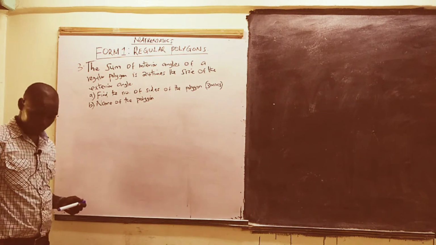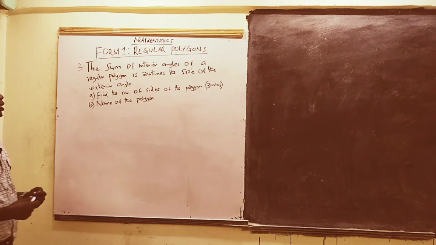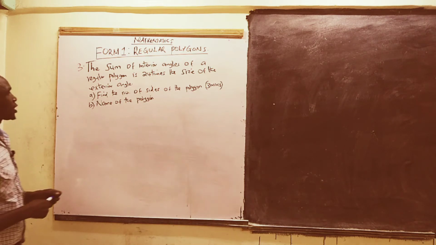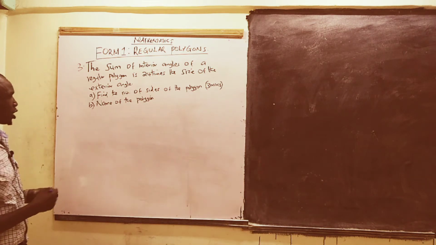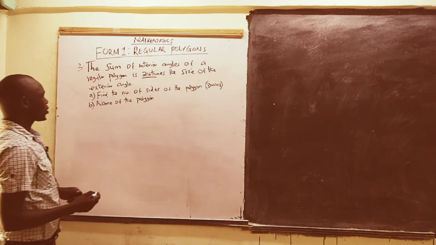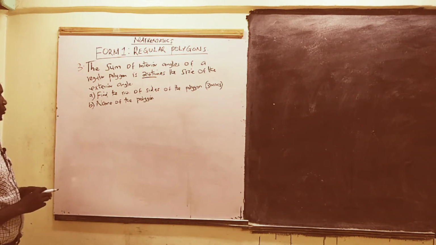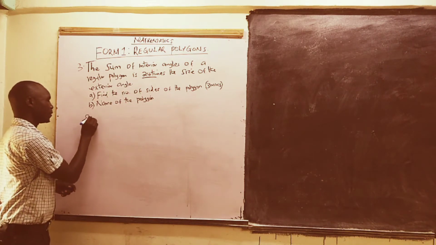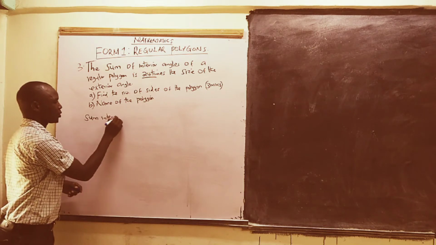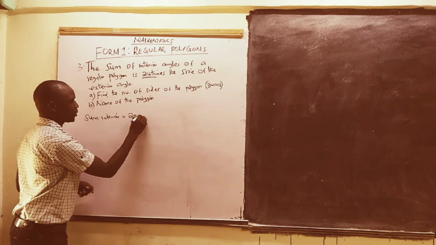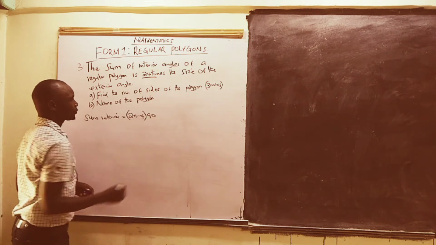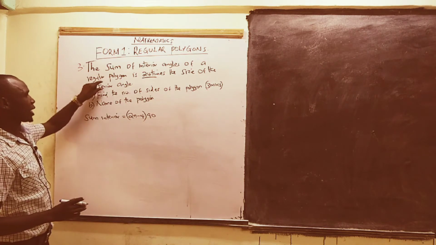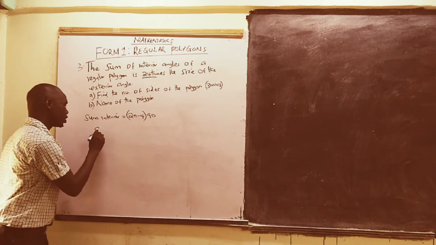We go to our question number 3, which is perhaps the last one under this lesson. The question goes, the sum of interior angles of a regular polygon is 24 times the size of each exterior angle. And we know when we talk about the sum of interior angles, it is given by (2n minus 4) times 90, and this sum is 24 times the size of an exterior angle, and we know each exterior